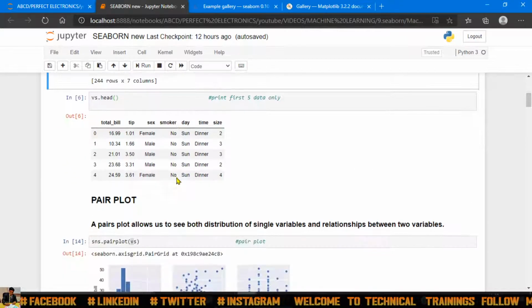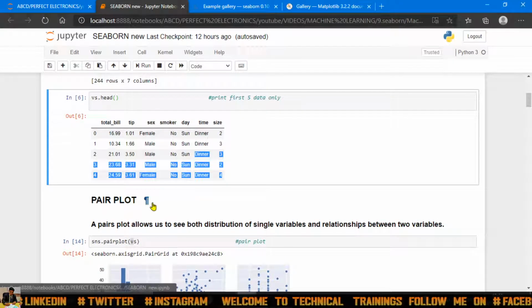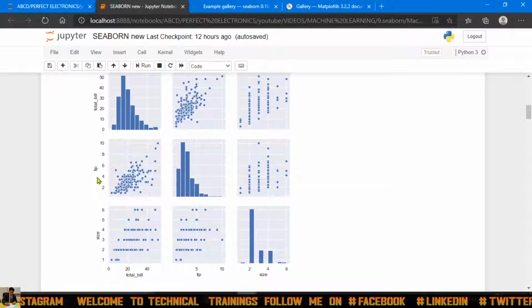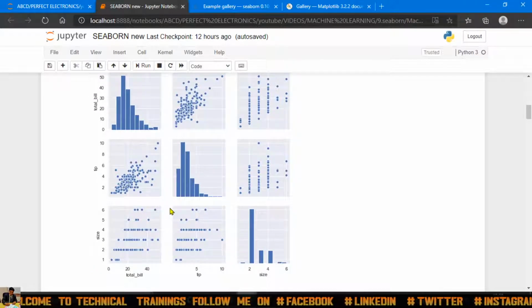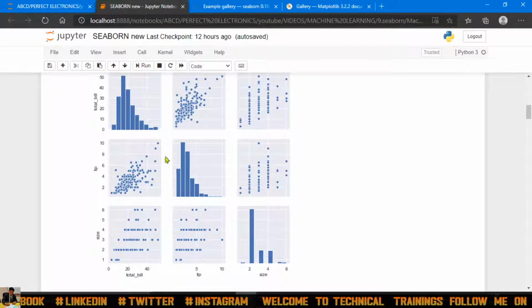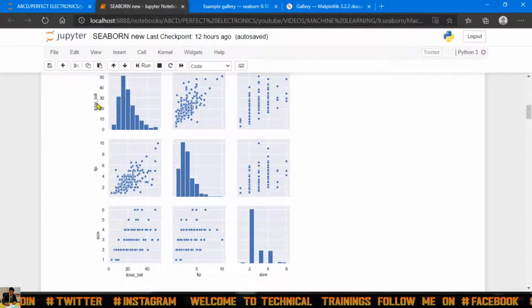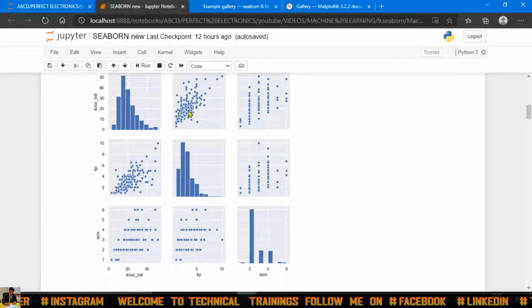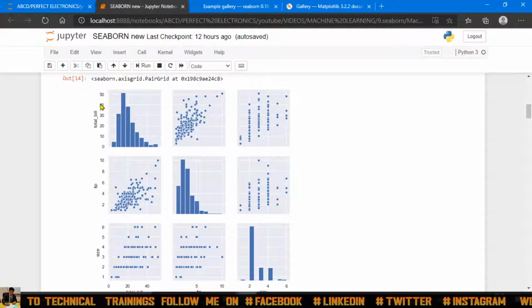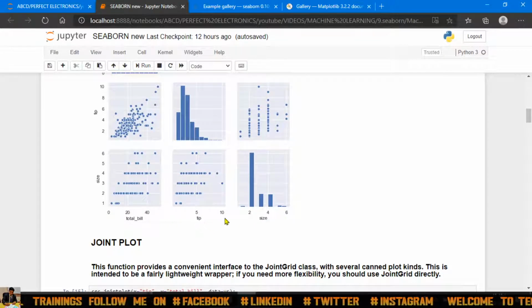Okay. So referring to this, it will plot the graph over here. You can see there are a total of 9 graphs over here. It's total bill with respect to total bill over here. If I want to find the relation between total bill and tip, then it will give that total bill and tips. Like this, if the bill is increasing, 0, 10, 40, then my tip is also increasing, guys.